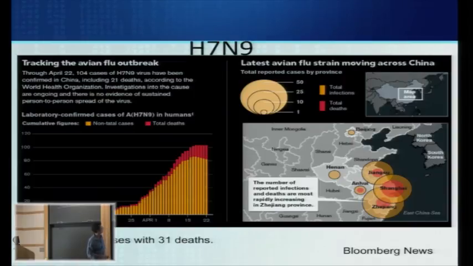In the beginning of, it was in mid-March in China, people start getting sick and starting to die from a new kind of flu that was identified as an H7N9. So this is very different from the viruses that we have circulating in humans. In humans, we have H1N1, H3N2, and other types, but it's just these two types that are in humans. This is very different. H7s are not circulating in humans. The N9 also is not circulating in humans. And there was an old guy in Shanghai. There was another person in Shanghai. And immediately, many other cases start to accumulate